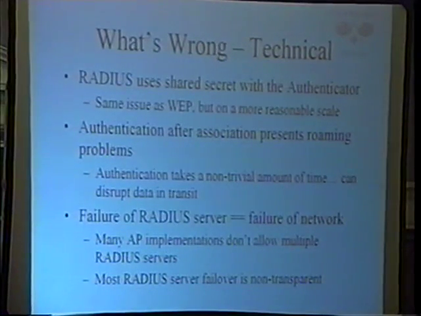Also note, the radius server is kind of important. If the radius server goes offline, people can't use your network. This is kind of bad. It's weird that you can have a failure that's not the switch or the router or whatever. You have this other server off to the side, and if it goes nuts, everybody's dead. Not only if it goes nuts, you look at it 2 ways. How do you get high availability in the situation?